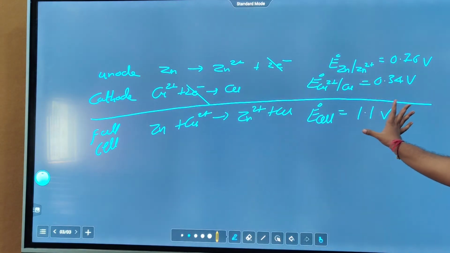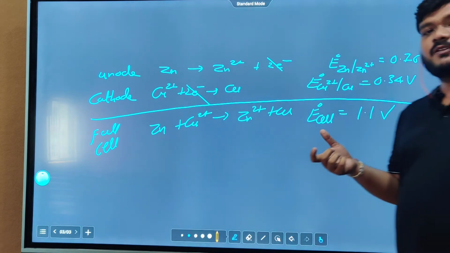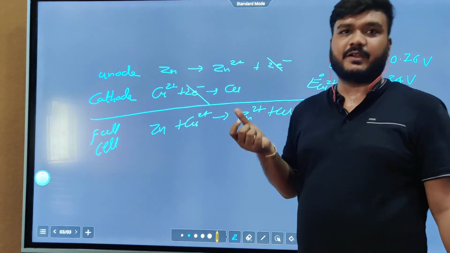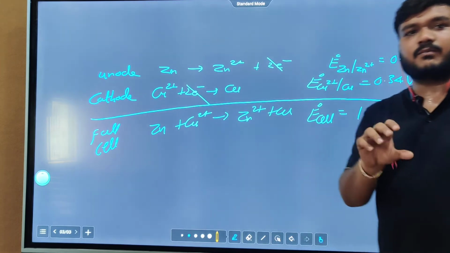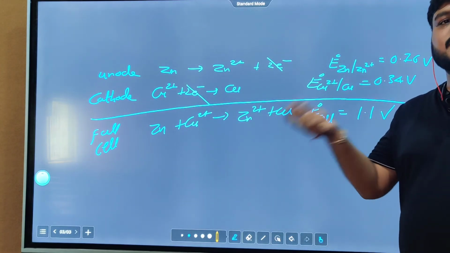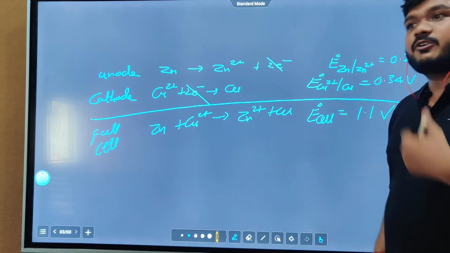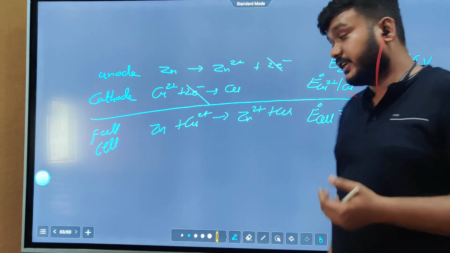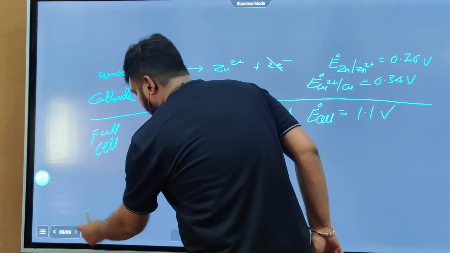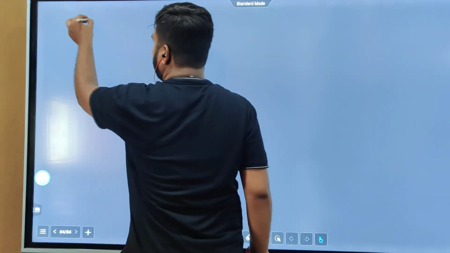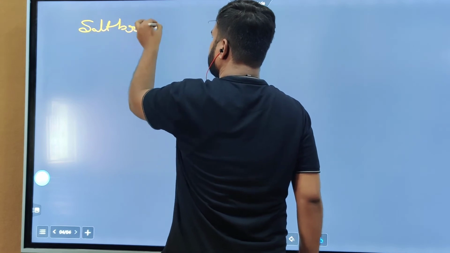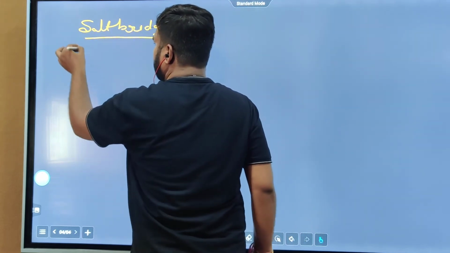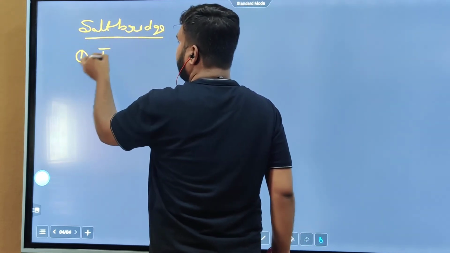Here we are getting plus 1.1 volt. There you will get, let's say, suppose minus 0.5 volt. Your effective cell potential will decrease from 1.1 minus 0.5, that is 0.6 volt. So you are reducing your cell capacity, and we need to avoid it. So the function of the salt bridge, the importance of the salt bridge: first, to complete the internal circuit,